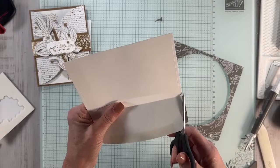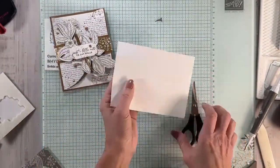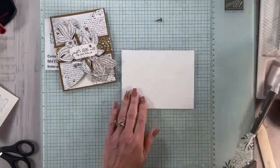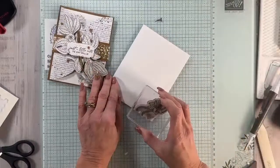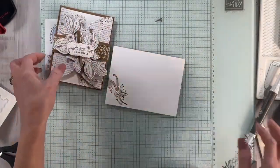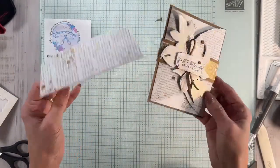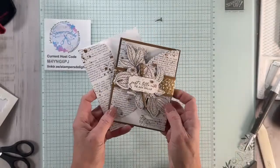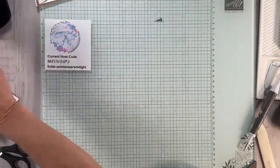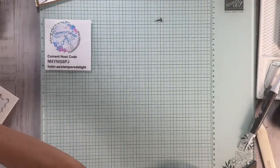Yeah, it's so quick and easy, right? So there I have a matching envelope. I'm going to put something on the front here. Let's grab this little guy. And there I have a beautiful fun fold with the matching envelope. Now let me show you, whoop, knocking over everything, the other one that I did with